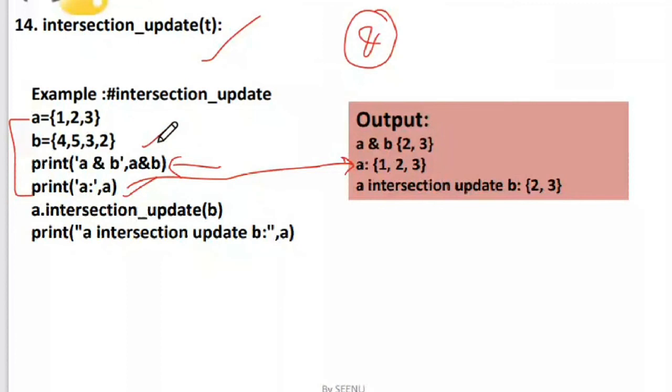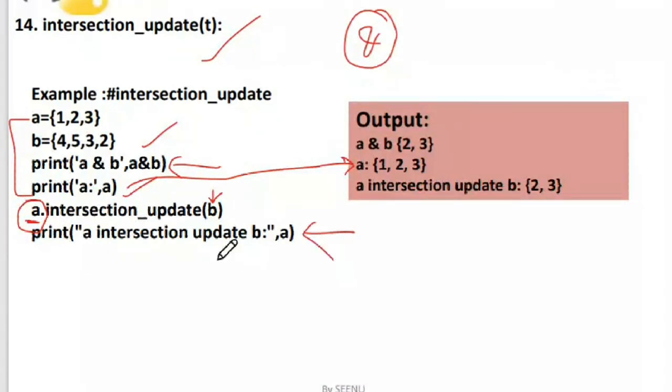But if I'm doing an intersection update operation, I said A dot intersection underscore update B, and I passed B into it. Now what happens is I bring out the common things and store it in A. Because I'm saying A dot, the intersection will be calculated between the two sets. The intersection result is 2, 3. This 2, 3 will be stored in the set A. Now modification to the set A is being made. To show you that, I have written a print statement over here.